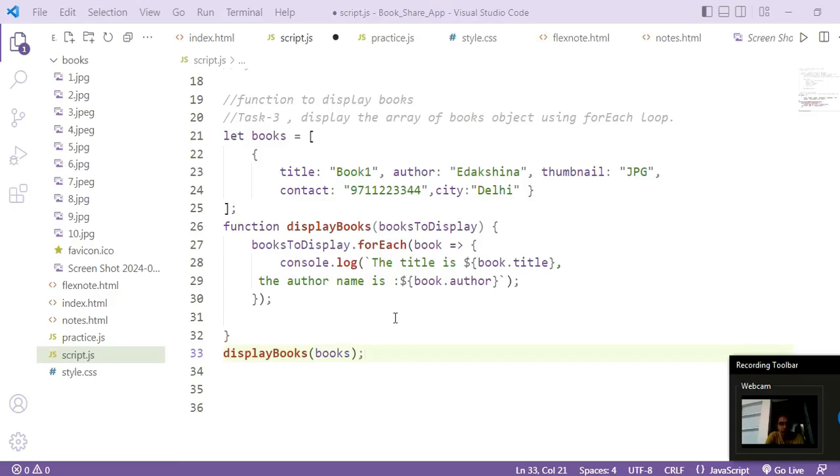Now let us understand this function forEach loop. So हमें array of books object को print कराना है console पे, उसके लिए हमने forEach loop का use किया है. इस parameter में हमारा array of object जब हम इस function को call कर रहे हैं, और इसमें हमने books पास किया. So ये क्या है, books क्या है, एक array of object है जो कि यहाँ पे hold हो जाएगा, as an argument. फिर इस argument के ऊपर हमने forEach loop चला दिया.